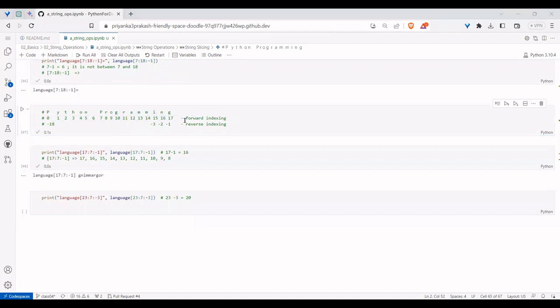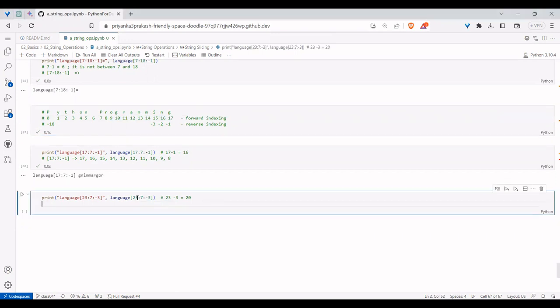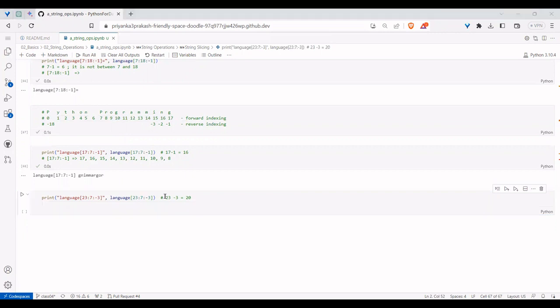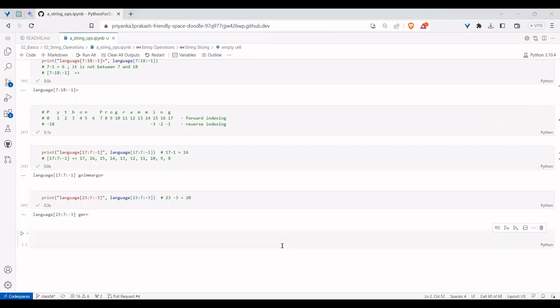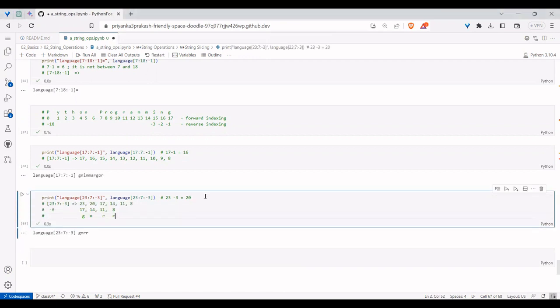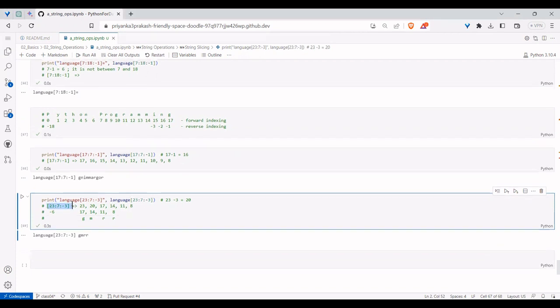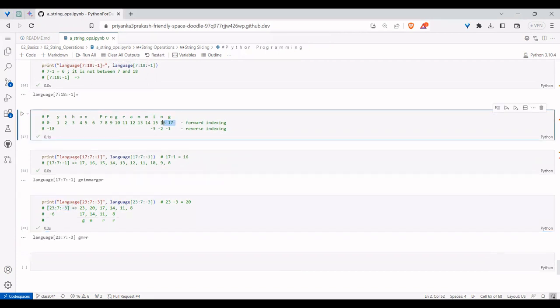Though I give values which are beyond this limit, it will generate the values and finally give only those within the range. Though you ask for values from 23 onwards, in the backend it has values like this. Till 16 you don't have a value, right? From 23 you were asking, but you have values from 17 only.